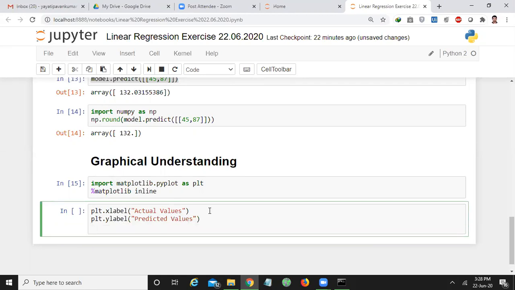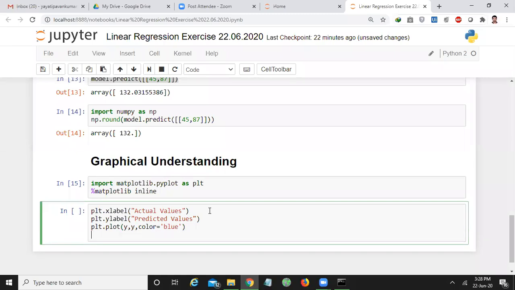Okay, and I want to plot y comma y with the color blue, which forms an ideal line. I already told you, the ideal line is formed by assuming the predicted outputs and actual outputs are the same. That's why I'm taking y and y for both.